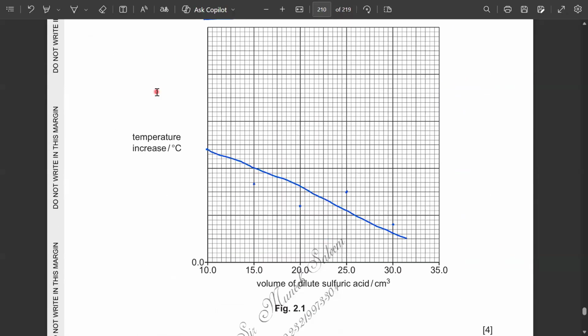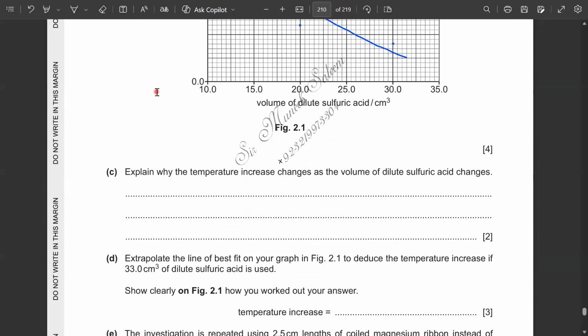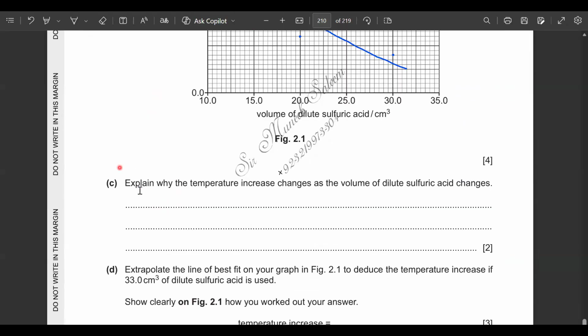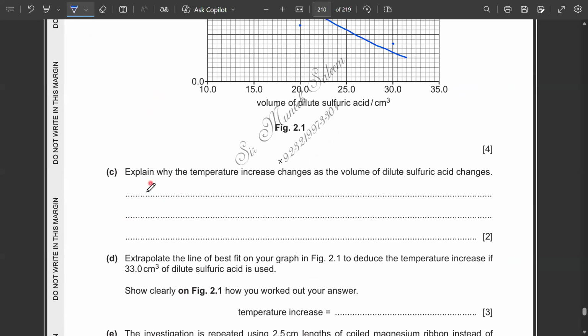Now why is that? Why does this happen? We can say that the amount of the heat energy is the same. The amount of heat energy